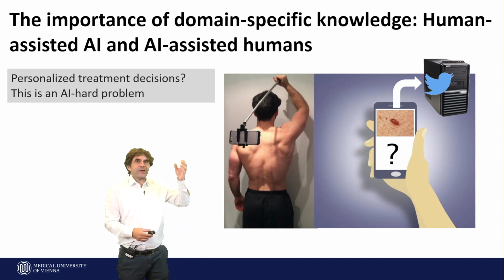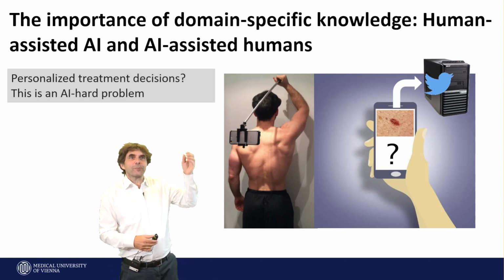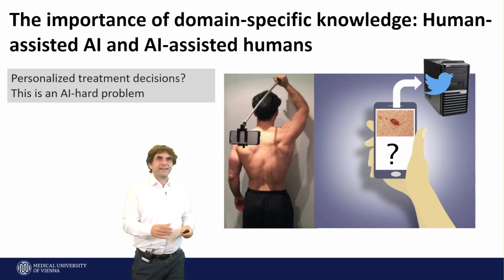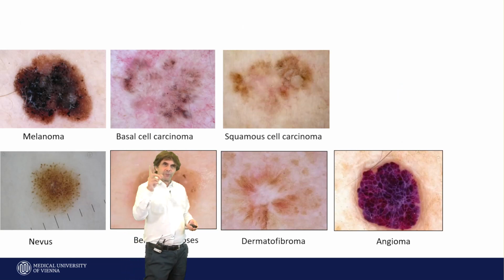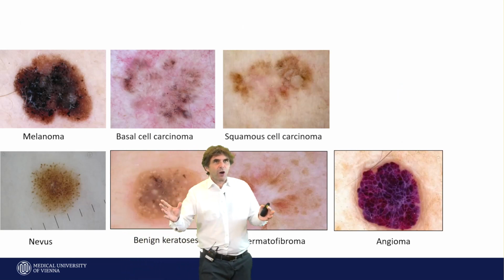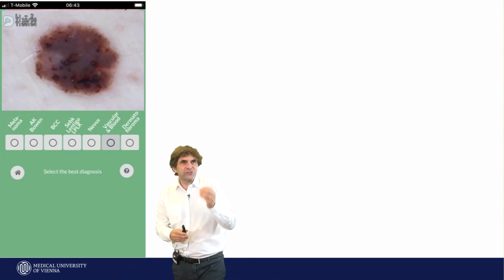Currently, we are far away from solving AI hard problems, and all these models need human assistance. Now, when we go back to this problem of the 7 diagnostic classes, when you need human assistance,